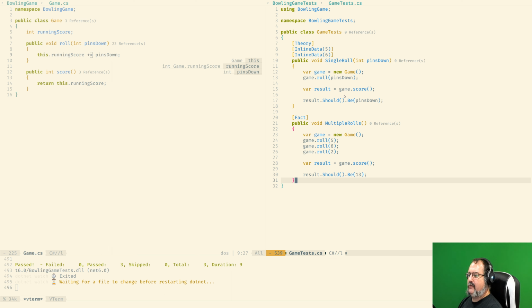I think I have done it once before like that, with the idea of a bonus roll. We can think about that in a second. But our next test is gonna be about spares.